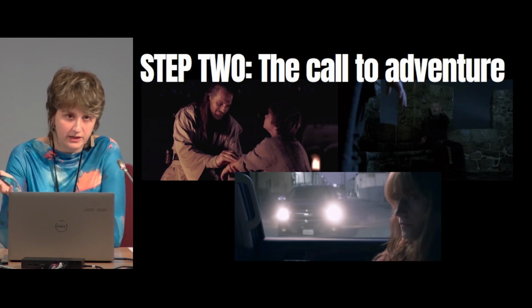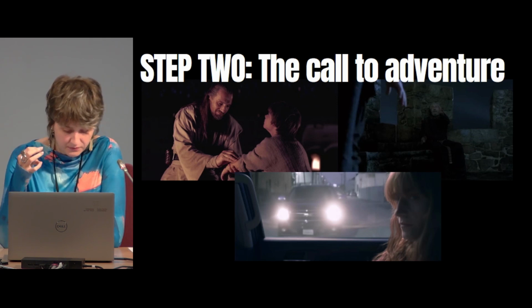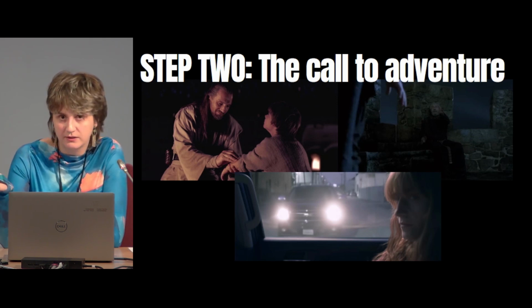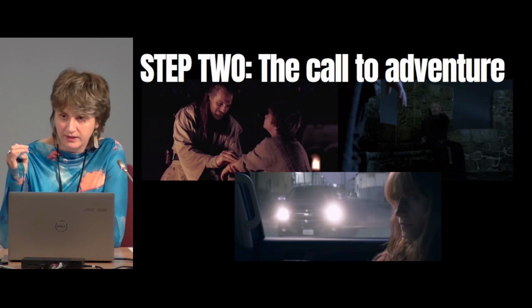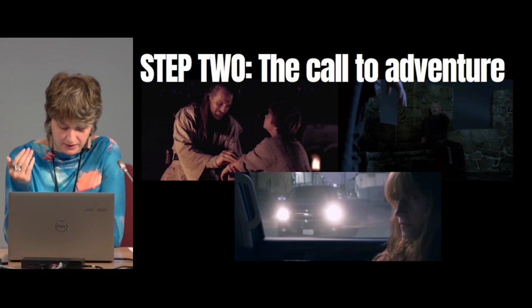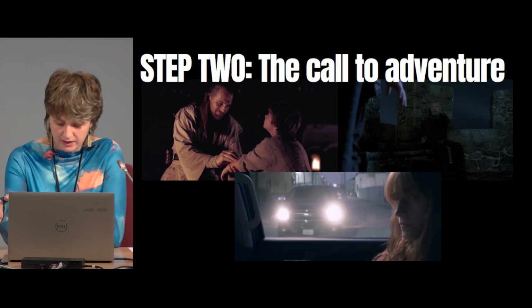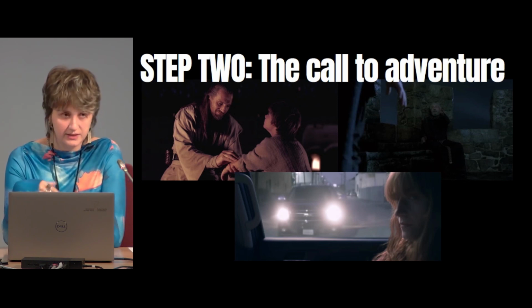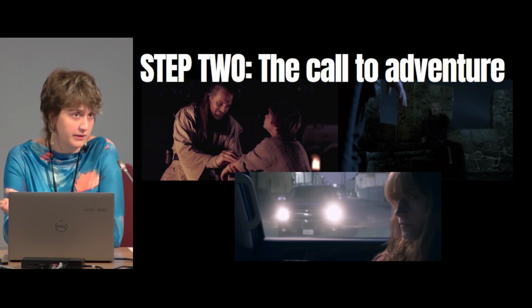So they offer to take him and train him as a Jedi. Horatio, Rosencrantz, and Guildenstern have witnessed the ghost of the late King Hamlet. So they alert Prince Hamlet about it. And when he confronts the ghost of his father, he tells him that he was murdered by his brother, the